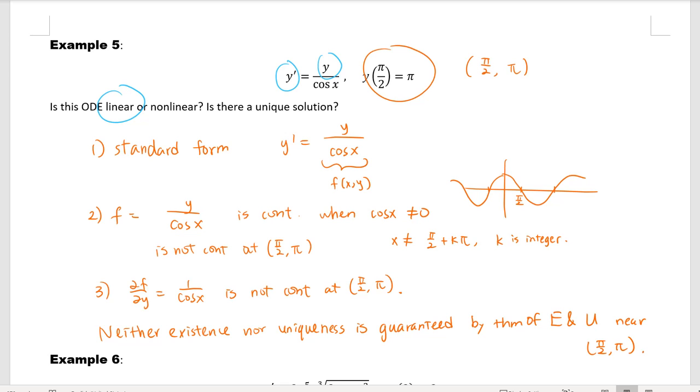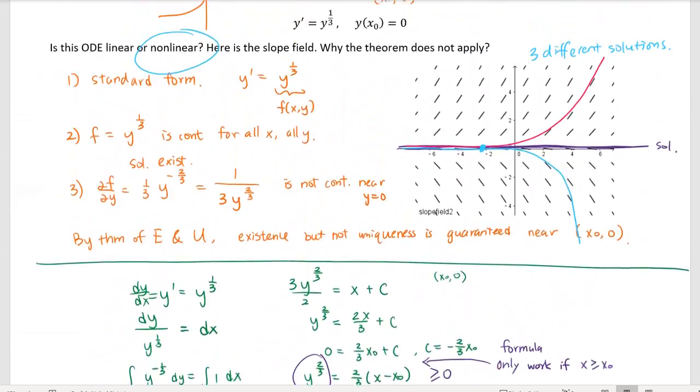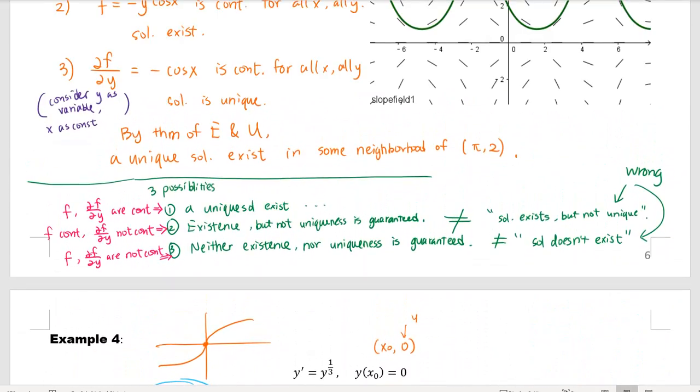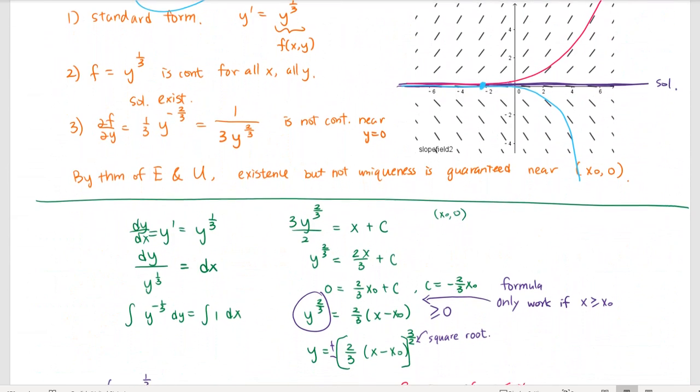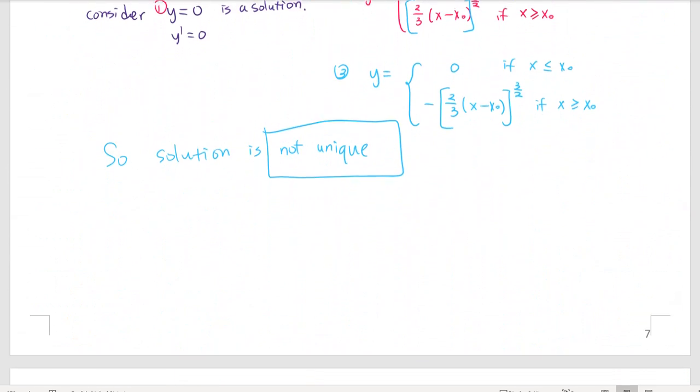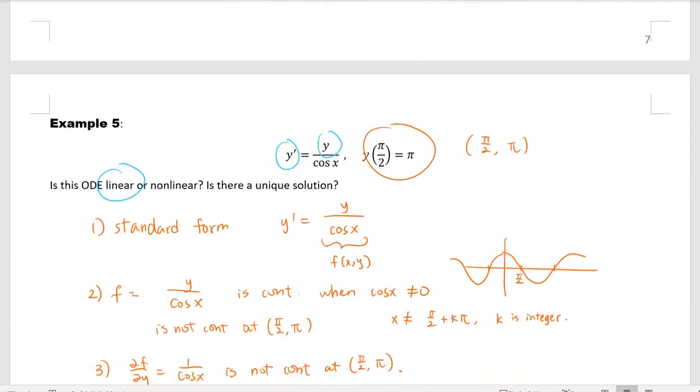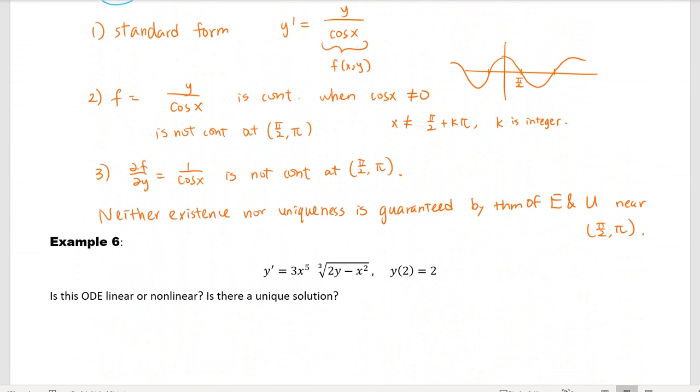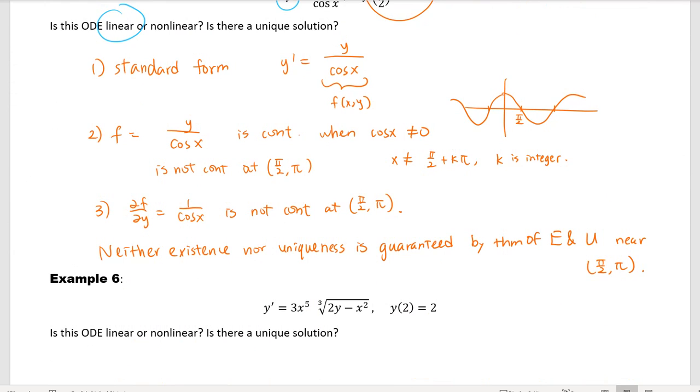Okay, now we have seen 3 possibilities, right? We saw this one, a unique solution exists. This one, solution exists but not unique. Not uniqueness is guaranteed, right? And then this one, neither existence nor uniqueness is guaranteed by the theorem of existence and uniqueness. Okay,